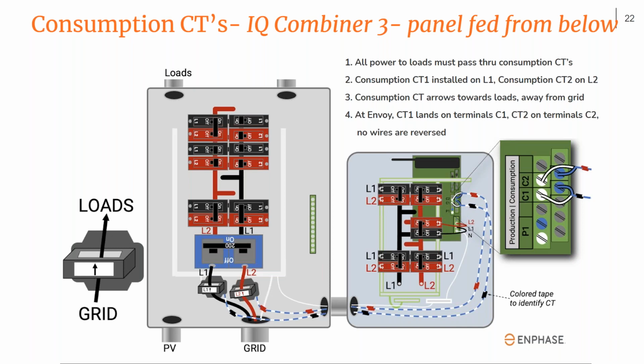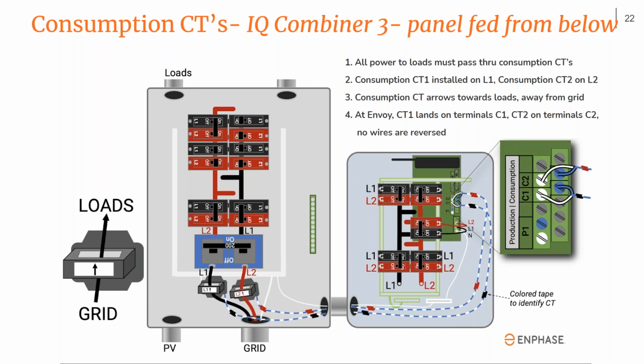So the Envoy, when we measure line 1, we're looking for the power flowing through line 1, meaning the voltage and current of line 1. If we're looking for line 2, we want the voltage and current of line 2. They're not interchangeable. There are some technical reasons for that. But the takeaway is that whatever you have wired to the Envoy as line 1, the CT1 has to be on that same common electrical path. And same with CT2. So simply put, your consumption CT1 needs to land on line 1, CT2 on line 2.